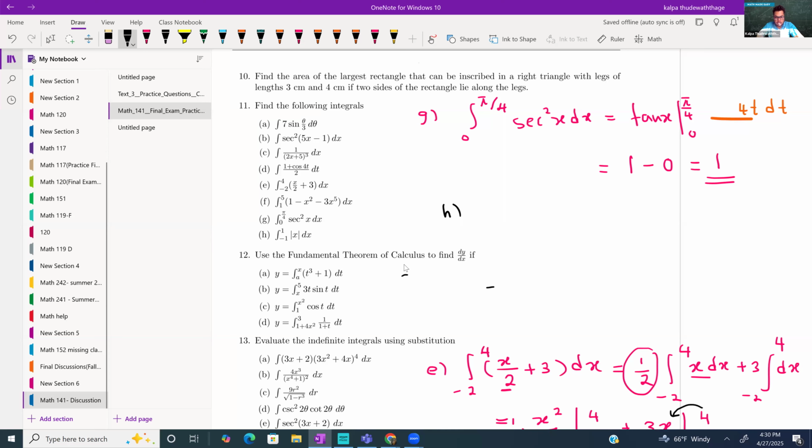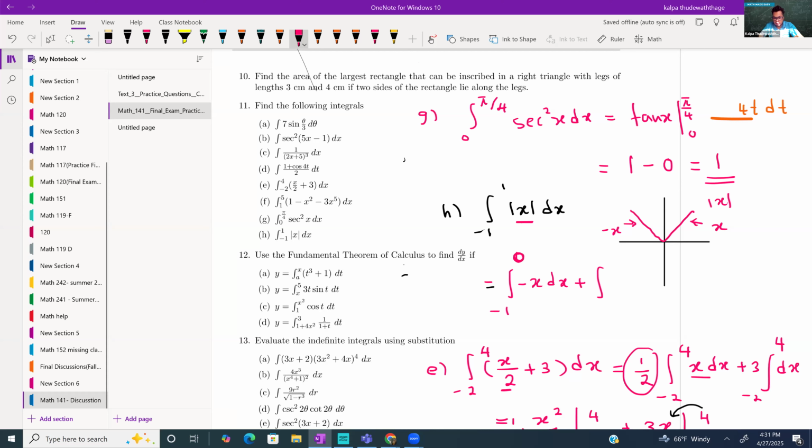H, the last one. H is a little tricky because you have to think about how the modulus x function looks. If I draw the modulus x function, this is how it looks. So this is modulus x. This part is like y equals x, and this is minus x. So if you want to integrate modulus x from minus 1 to 1, it is the same as minus x